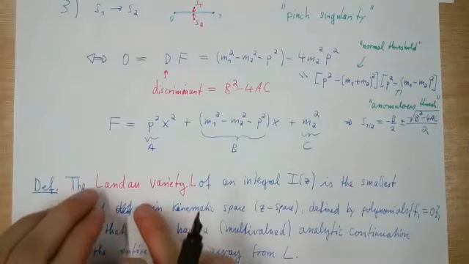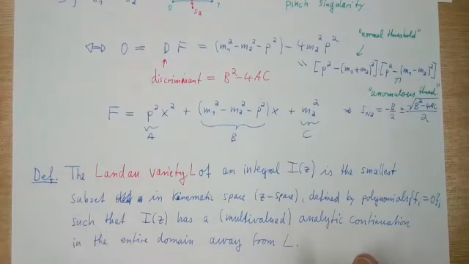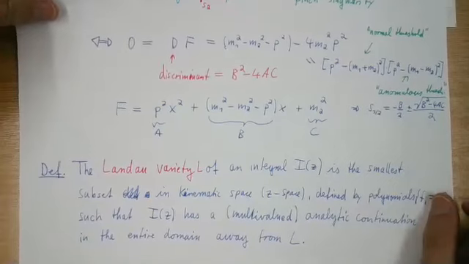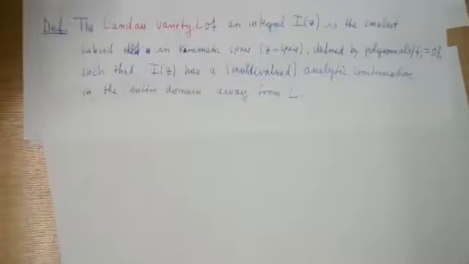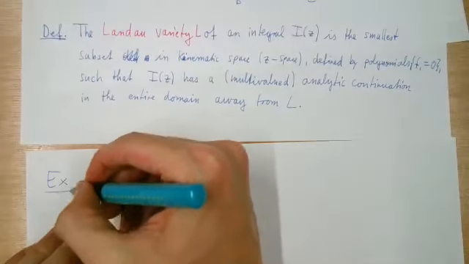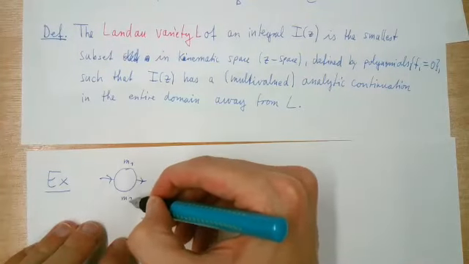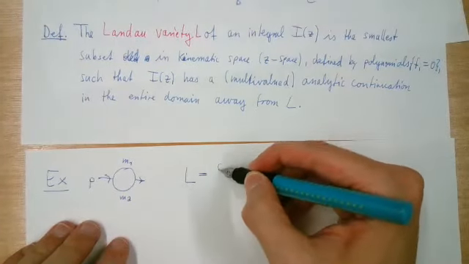So what is it? It's a subset in the kinematic space where the singularities are. That means if you're away from L, you can always avoid the singularities and you have an analytic continuation. So just to finish the example, and then we take a break before the final lecture. In this example with the two masses bubble, the Landau variety is defined by,